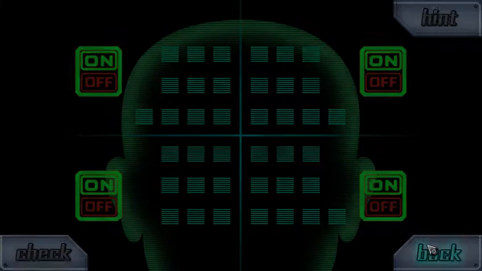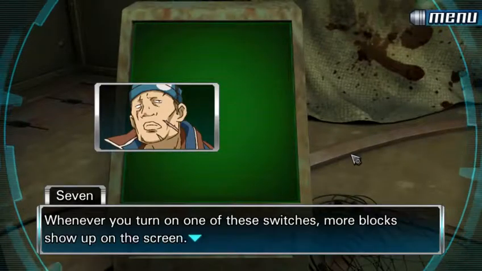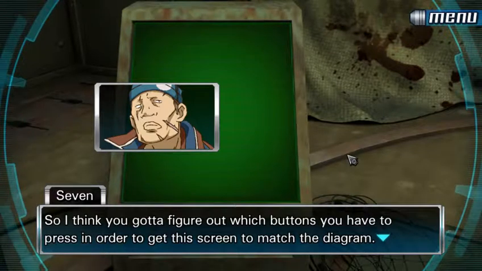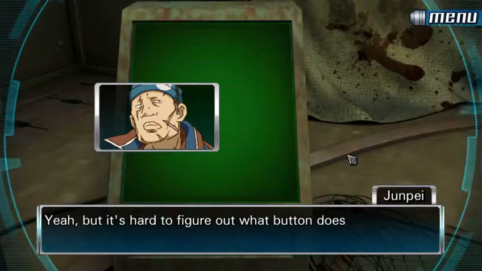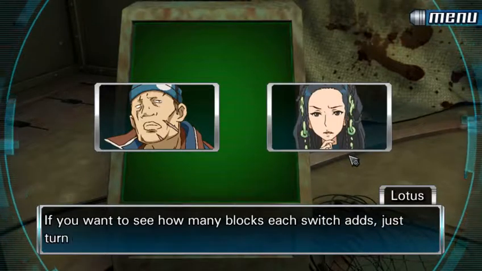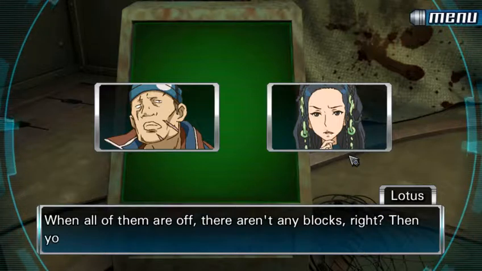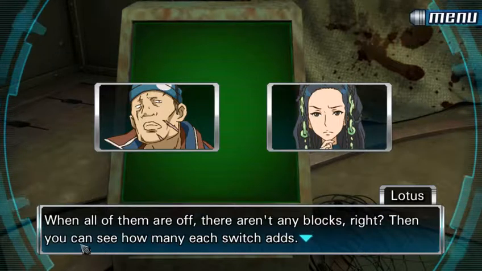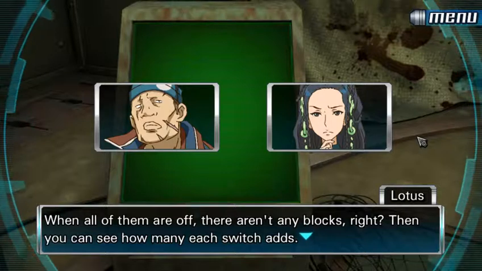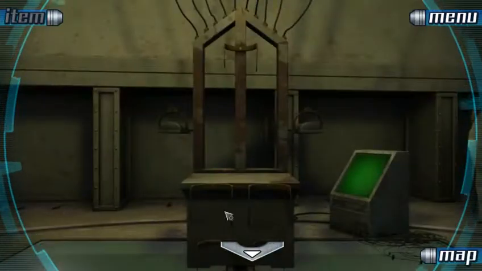Okay, well, I don't get it. Whenever you turn one of the switches, more blocks show up on the screen, so I think you gotta figure out which buttons we have to press in order to get the screen to match the diagram. Yeah, but it's hard to figure out what button does what. If you want to see how many blocks each switch adds, just turn on one switch. Then, all of them are off. When all of them are off, they're end blocks, right? Then you can see how many of each a switch adds. Oh, yeah, I get it. Yeah, I get that too, but...